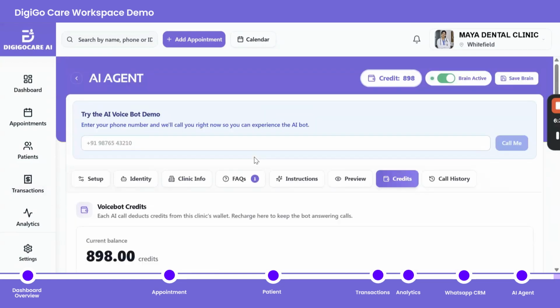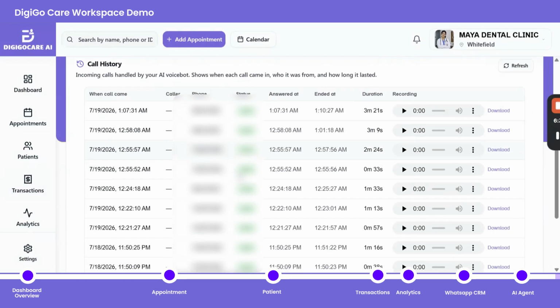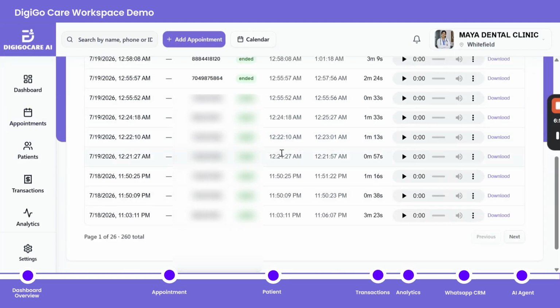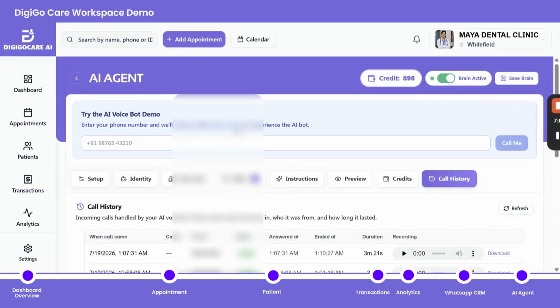So for one call you get 1 rupee, and in the call history you will have the recording, and you can hear or download it, and you can see whatever happened and what the patients spoke with the AI, everything. And this is how the AI agent will work with us.